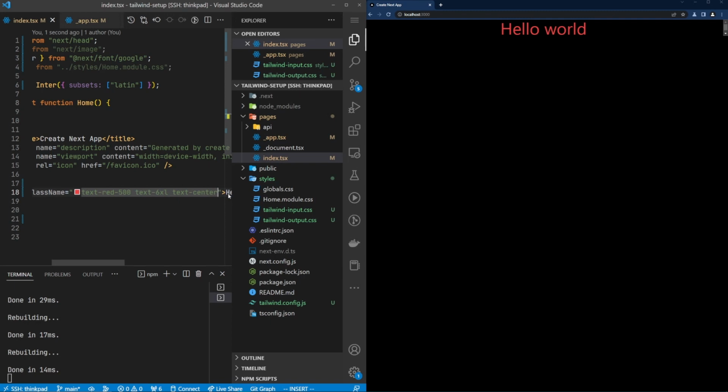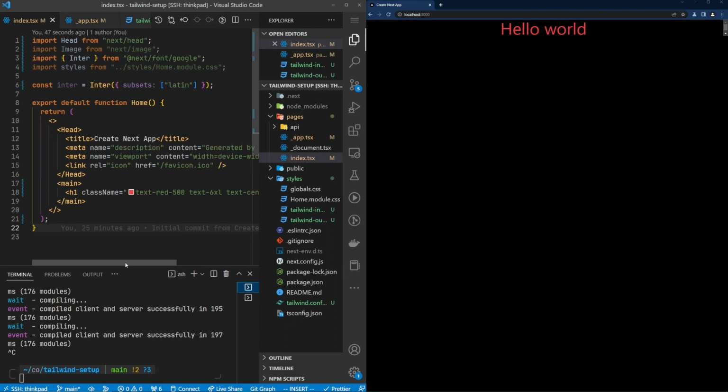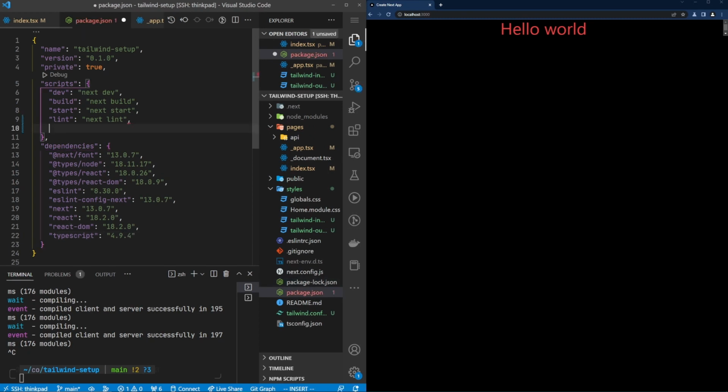So now it's responding in real time, or as soon as we hit save, both the build system of Next.js is watching for file changes and the Tailwind CLI is watching for changes to our CSS classes in the files we pointed it to in the Tailwind config. So you might be thinking, all right, Dan, that's all well and good, but how annoying is it going to be to always have to remember to compile the Tailwind CSS files every time I want to either build my application or remember to start this watch program up every time I want to develop on it? Well, what we can do is take advantage of our package.json file and we can add a couple